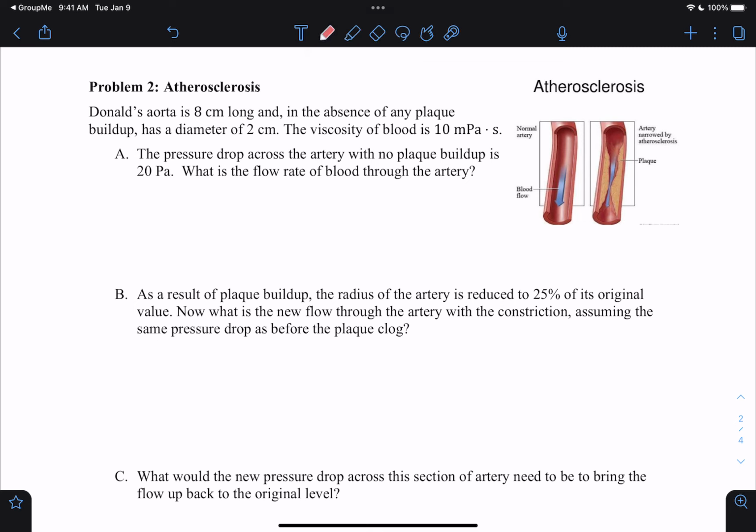atherosclerosis. I always found this funny. I think, I don't know, I had this conspiracy theory that the professors are a tad bit liberal,